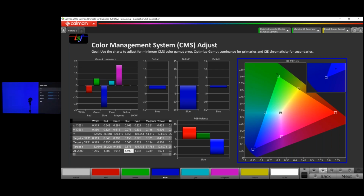So let's go back to blue. Let's take that brightness control, bump it back up to 0. Okay, much better on the luminance, way worse on the saturation. So let's see if we can bump up the blue saturation a tad. Oh, it's already up as high as it can go. So I've hit a brick wall. Blue's just going to be undersaturated unless we really